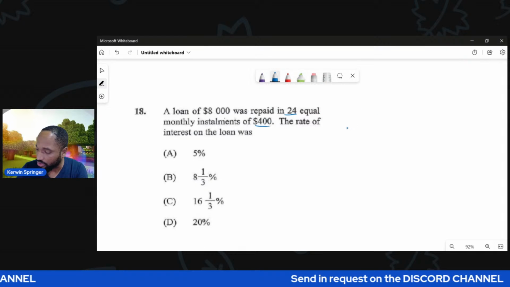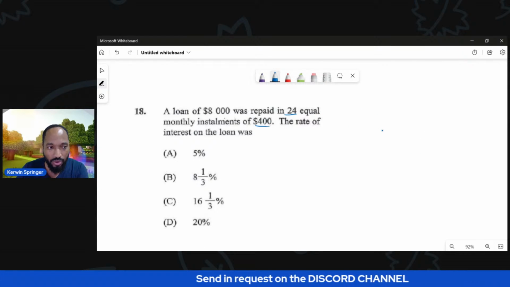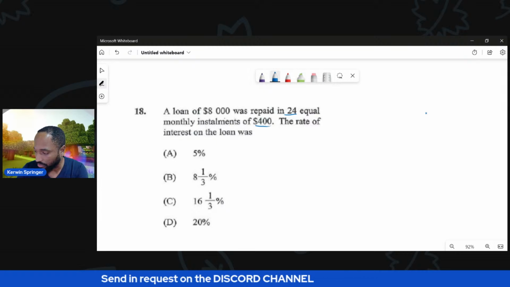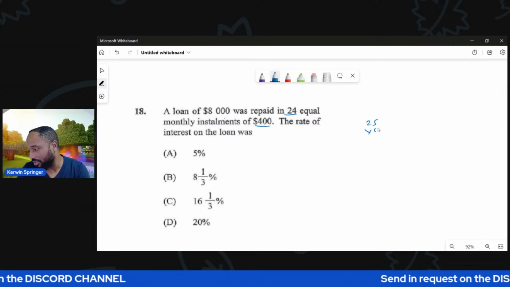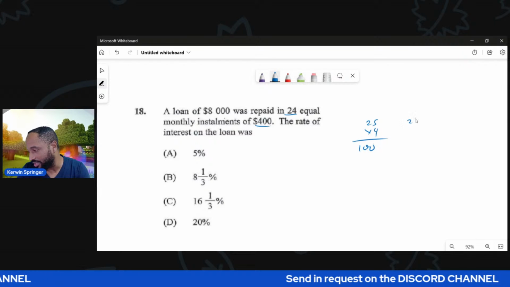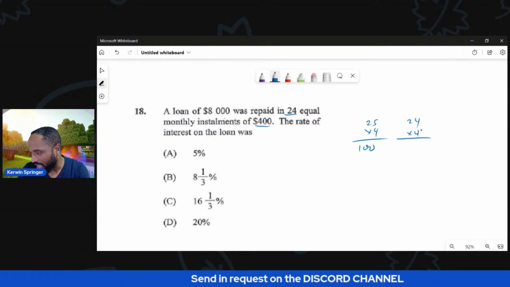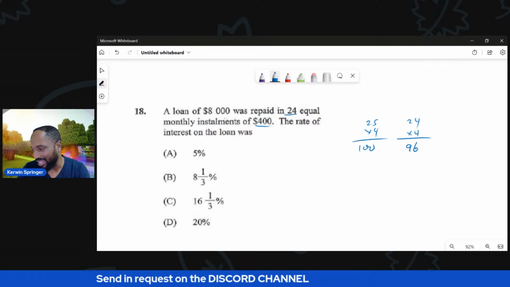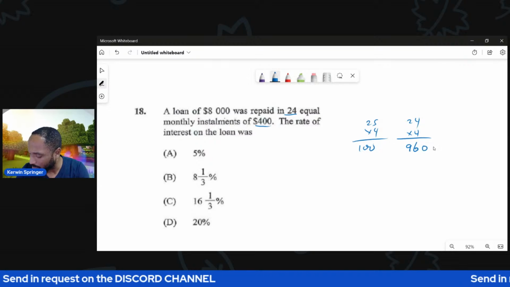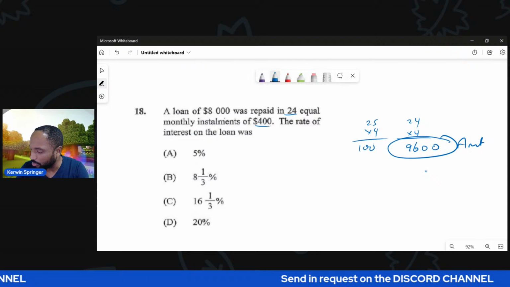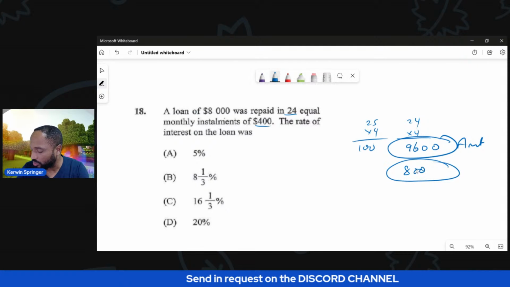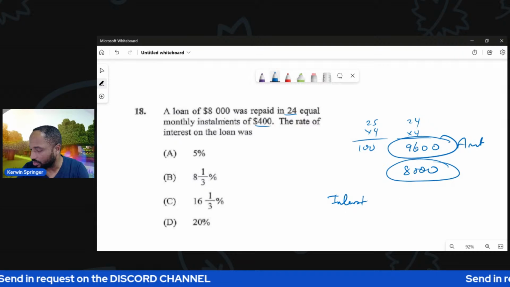24 by 400. How much is 24 by 400? How much is 24 times 4? Well, 25 times 4 is 100. So 24 times 4 had to be what? 96. And then I just go back in the extra 0, 0. So this is how much you pay, and the loan was 8,000. So therefore the interest is 8,000